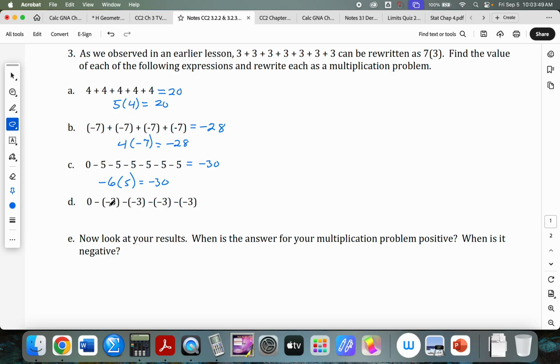Here, I got -3, -3, -3, -3. What is that? It's 12. I'm subtracting 4 -3s. So if we just look at the multiplication parts,